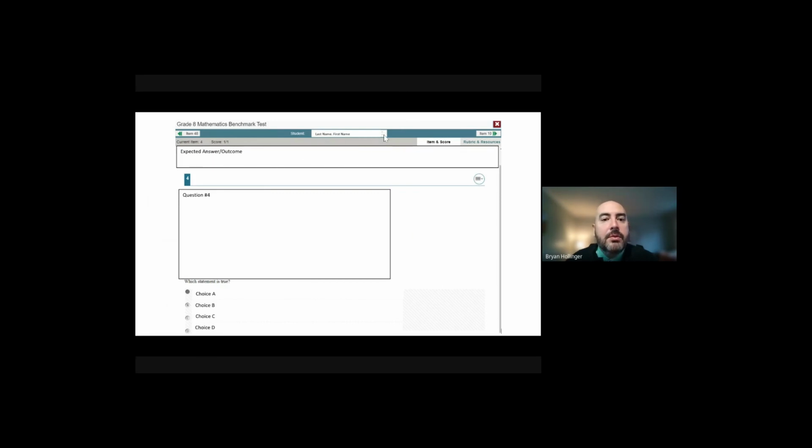If you want to go to a new student, you could use this little screen right here to navigate to a new student. So it's just a drop down. If you open it up and select a new student, you're now able to see that student's number 4, or question number 4. With that, if you want to stay with this student and move to his next question, you can navigate forward and backwards on the test using these two little buttons